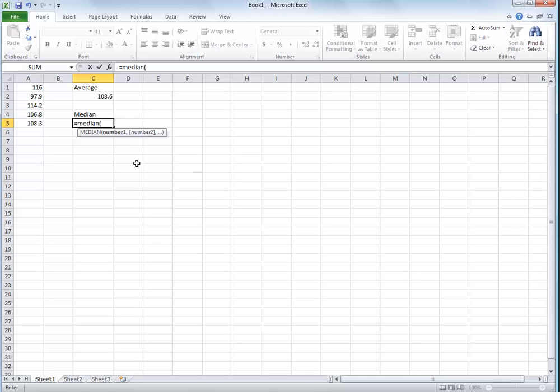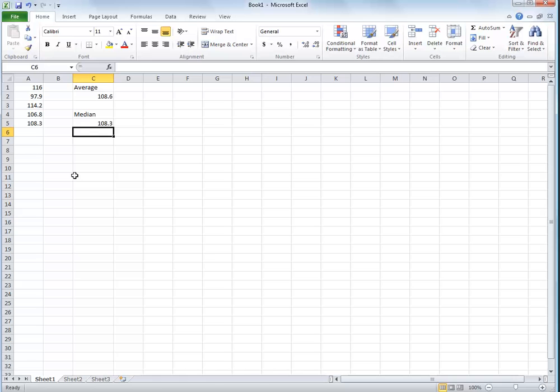Well, I can manually type those in, but it's honestly very easy just to click and highlight the numbers that I want it to do the median of. So just as before, you click the top number, you hold the mouse down, you drag through the set, you let it go, and now you've highlighted the numbers that you want. Well, I want to be prim and proper, so I close those parentheses back up, and then I hit enter, and it tells me